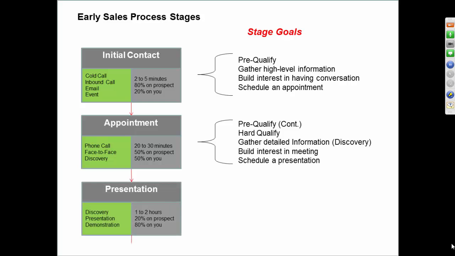But if there's another step in your process, then the goal is to schedule a presentation, and that's where you might try to sell the product, give a presentation, and whatnot. I just want to outline that, because that's very critical to consultative selling. As you can see here, the amount of attention on the prospect is a lot, and then it starts to balance out, and then you can make it more about you when it's time to sell the product. And again, the way that you do that is through asking good questions. If you don't have questions to ask, then you have no other choice but to talk about your products, and that's where you fall into product selling.